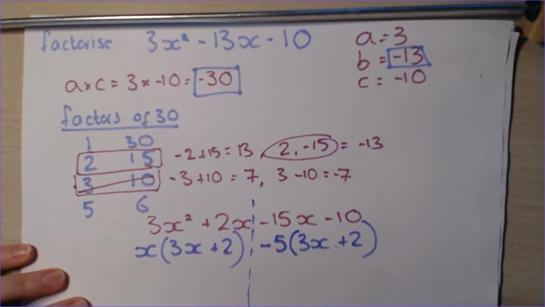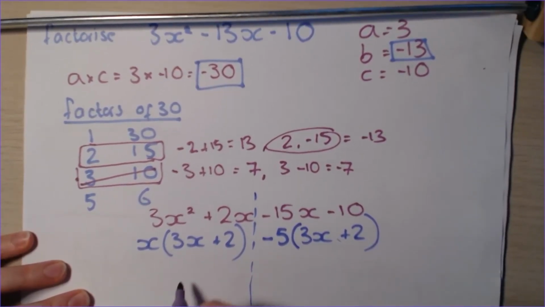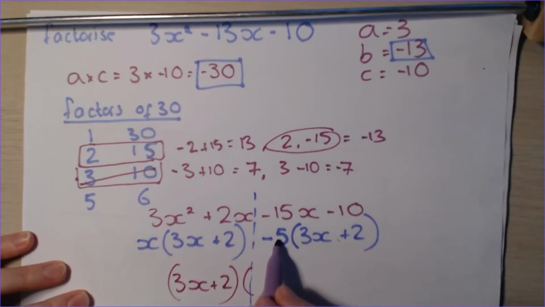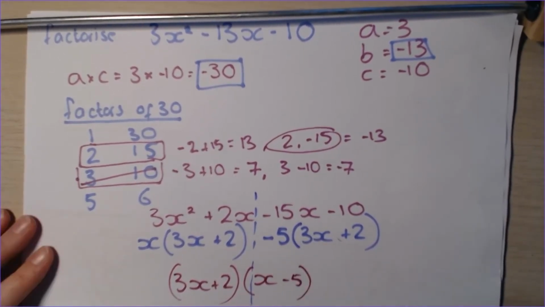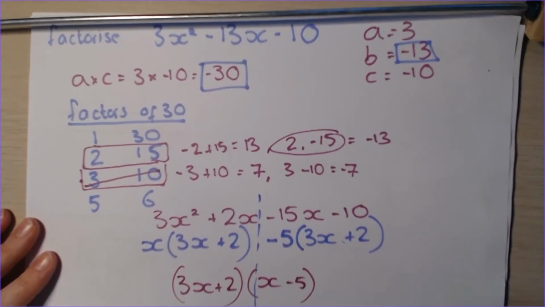And now we've just got that last little step where we write them out. Okay, so we've got 3x plus 2 in both of these, so that's really helpful. We know something's working right. 3x plus 2. And then in the other bracket, we've got x minus 5. And now that's fully factorised. Okay, right, let's just do one more example and then I'm going to let you have a go at some